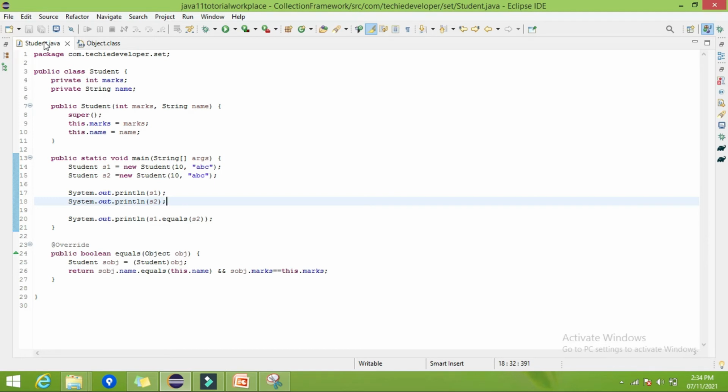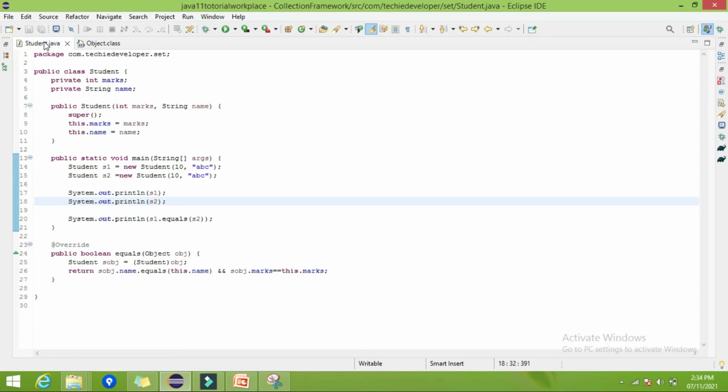Even if we have not overridden the hashCode method, it will work, but some collections which are based on the hash, like HashSet and HashMap, depend on the hash code. So collections that depend on the hash code will not work properly.